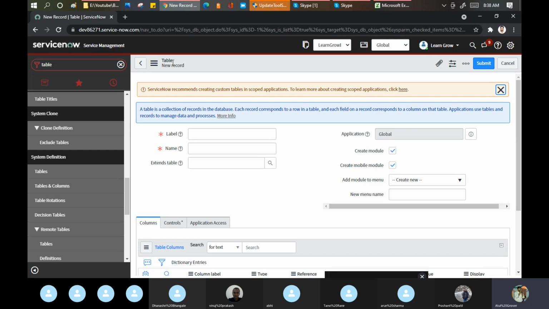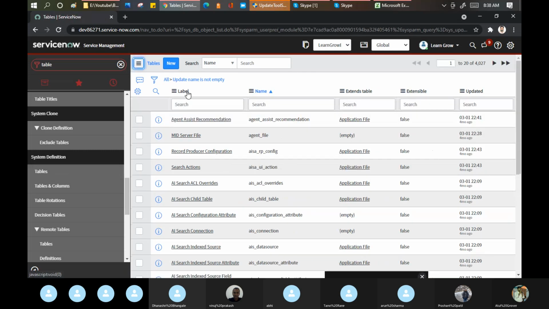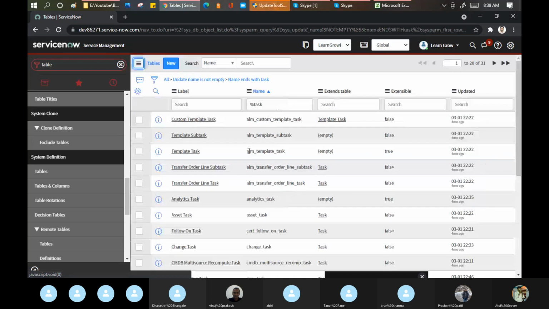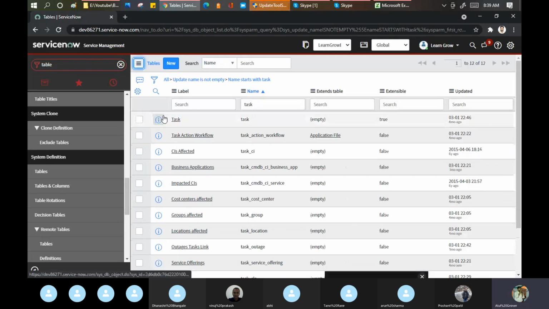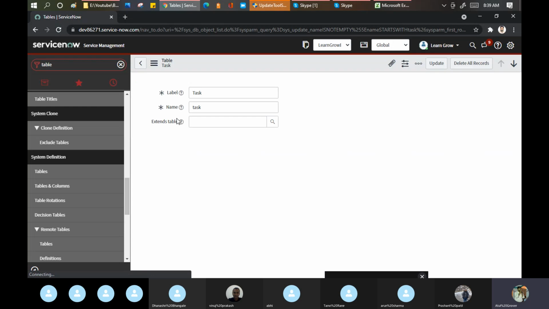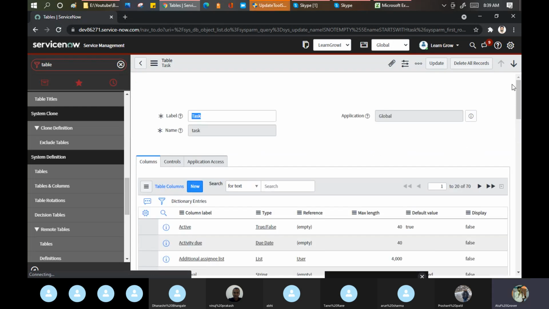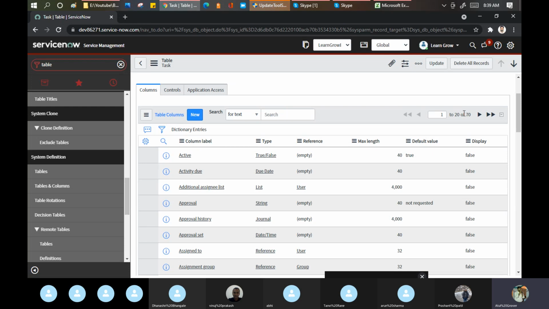So what ServiceNow says is that in the task table, I am giving you a lot of fields which can be utilized in your different tables. If I open the task table quickly here, you can see it is showing 70 fields.